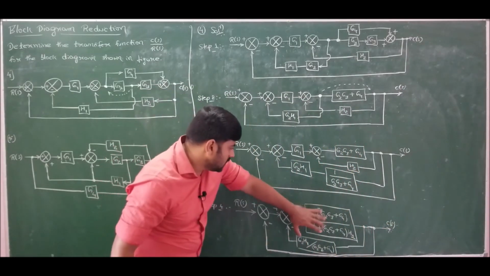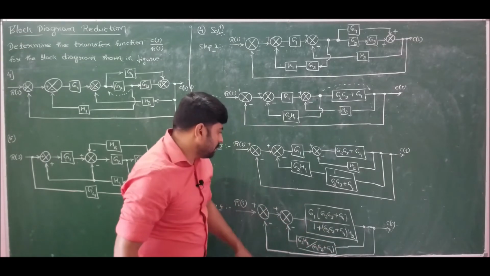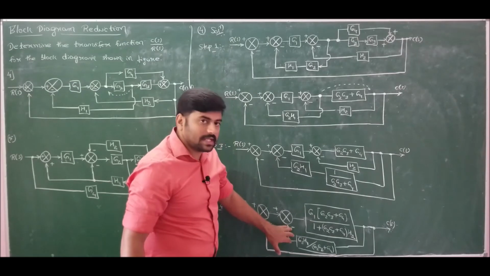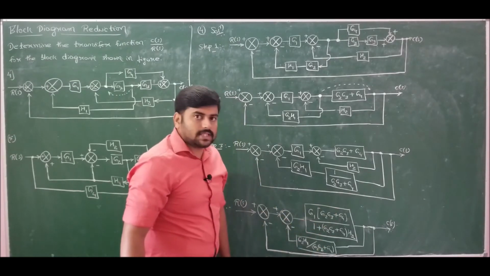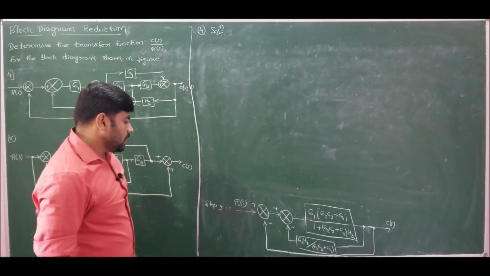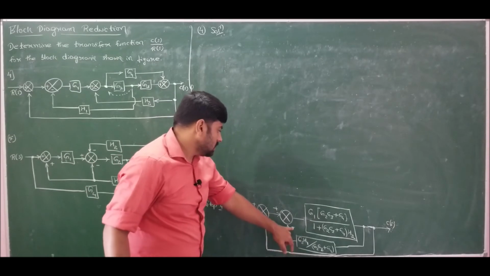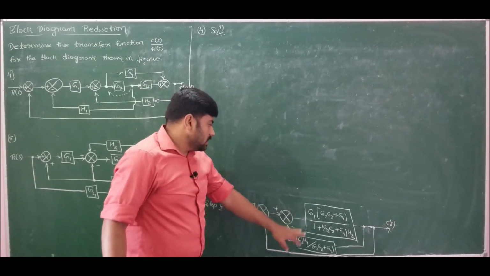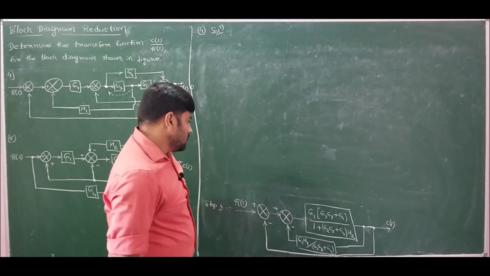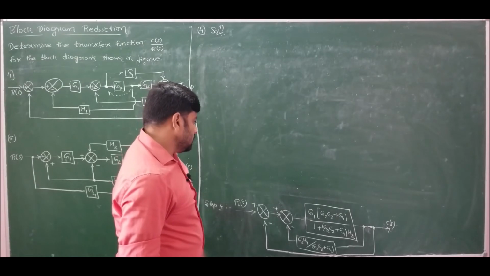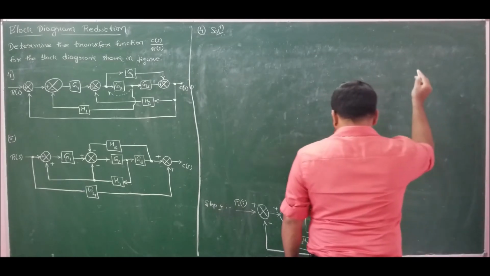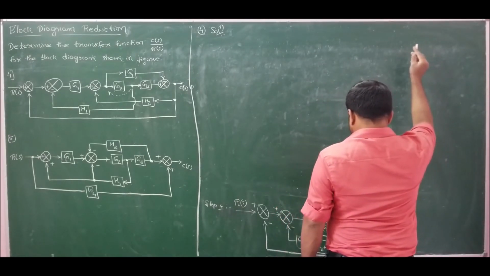Now this is a loop because we have one forward path, one feedback path. So this is a loop, that is G of S divided by 1 plus, because we have minus here, 1 plus G of S into H of S. If I do that, now moving ahead, we have G of S H of S. It is a negative feedback, hence the transfer function is G of S divided by 1 plus G of S into H of S. So if I do it separately and see what I am going to get, I am going to get the value of G of S as G1 G2 G3 plus G1 G4.